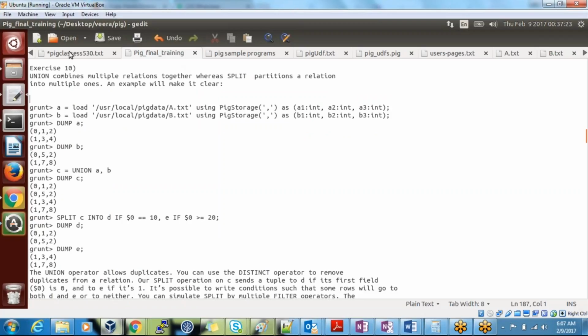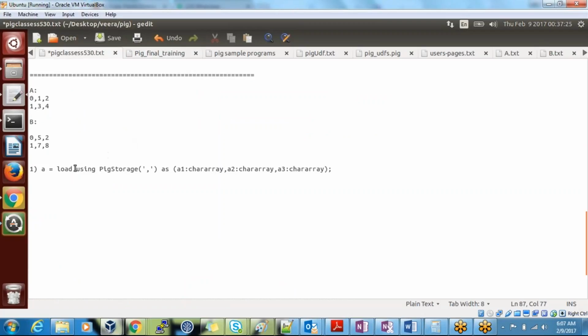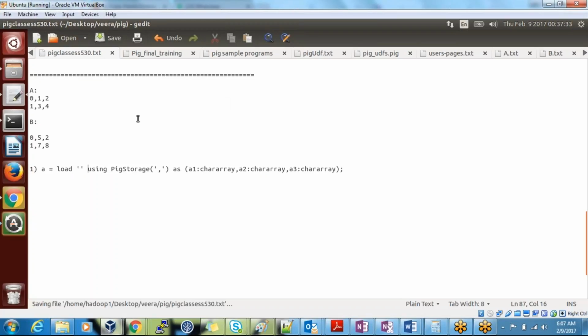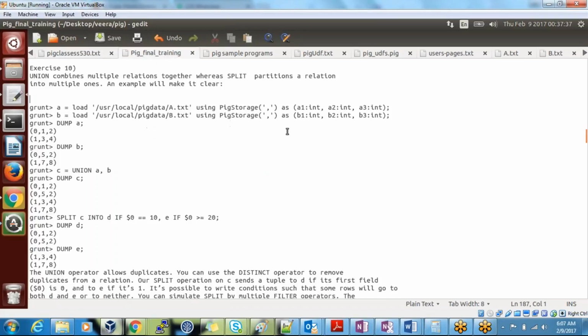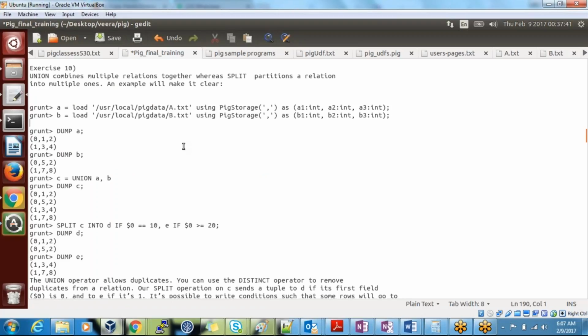Here I directly took it, I didn't load anything, so you need to load. After loading, you need to specify this. We'll discuss from this table. Instead of typing everything, I have executed all of them and shown the results. These are not typed blindly; all the results are available.